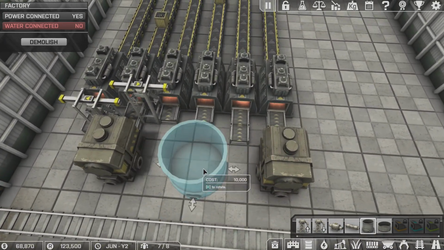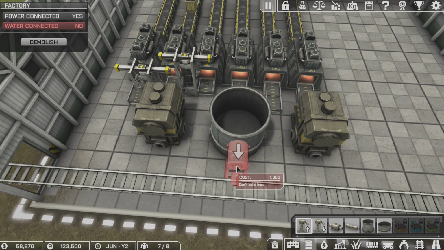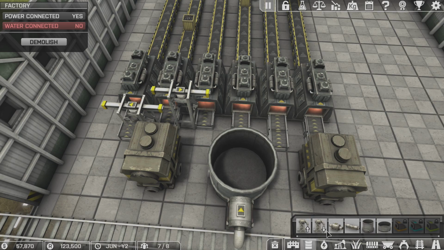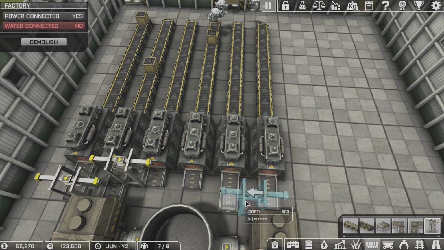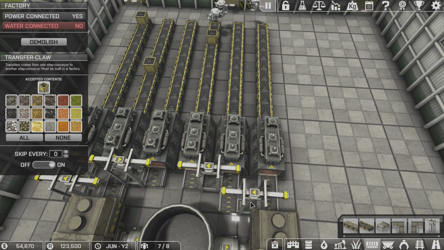Let's go ahead and get the small container out here first. There we go. And then we're going to transfer tube up. And then we want to transfer. There we go. You're going to transfer out. You're going to transfer out. And we're almost there. Fixing this one up. Transfer claw. Okay, one there and one there. Now this is going to do...